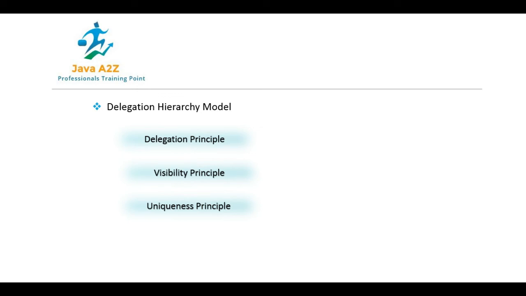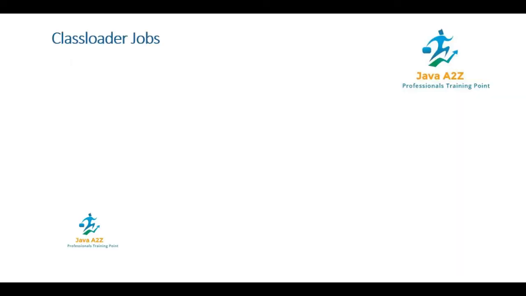So let's understand what the class loader jobs are and how they use this principle while loading your class file and providing it to the JVM. Suppose you have a Java file, and you compile your code, javac demo.java. This is the way, using the compiler, you compile your Java code. After compilation, if there is no compilation error, you get the demo.class file, which is the bytecode, and to execute your demo.class file you have to enter this command, java demo.